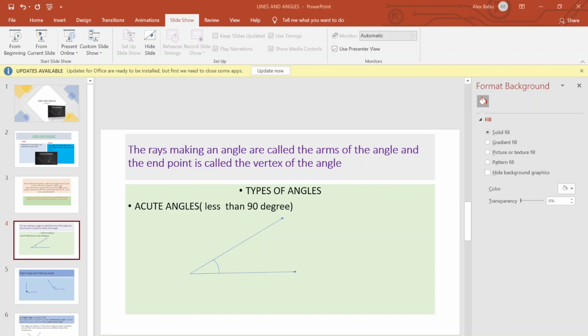The acute angle is formed by making an angle which is less than 90 degrees. We can see from this that the rays make an angle which is apparently less than 90. This is called the acute angle. The next one is called the right angle. The right angle means the angle between the two rays is 90 degrees. In the case of an obtuse angle, the angle between the two rays is greater than 90 degrees. It is called an obtuse angle. These are the three different types of angles which we have studied in 9th standard.